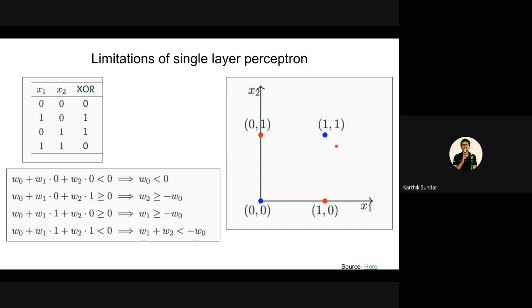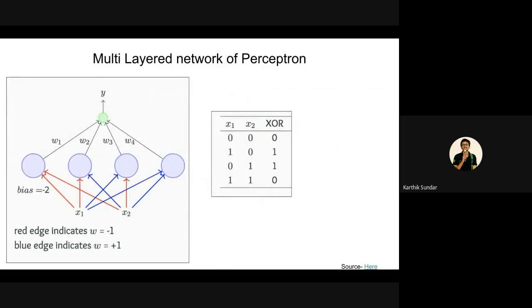So what is the solution? People came up with an ingenious solution of multi-layer perceptrons. So instead of a single perceptron, use multiple different layers of perceptrons. That's what people started to develop. So what actually happens is, let's see here. There are 4 perceptrons in the first layer, and there is 1 perceptron in the second layer. Now assume this: a red edge is denoting -1 weight, and a blue edge is denoting +1 weight. I repeat once again for clarity.